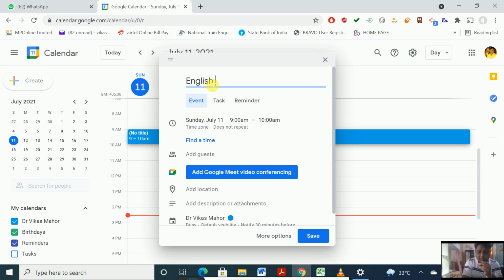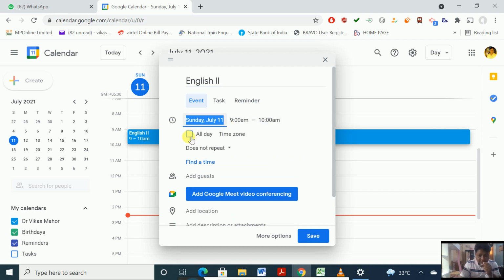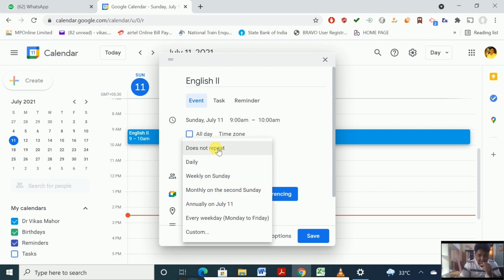Depends upon you. And then you have a provision whether you want to repeat the same class every day. I hope the same class is not every day, so you don't want to repeat it, but still if you want to repeat it, you have a provision here. Just click it, and instead of does not repeat, you have a drop down box where you can choose daily.